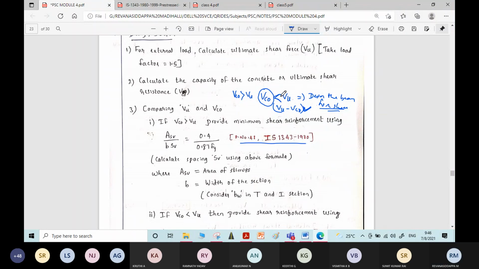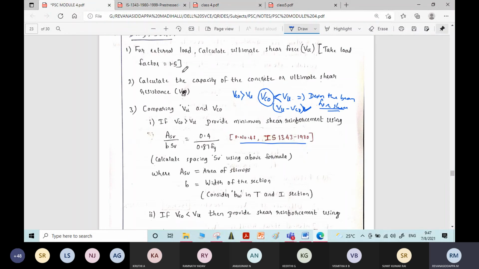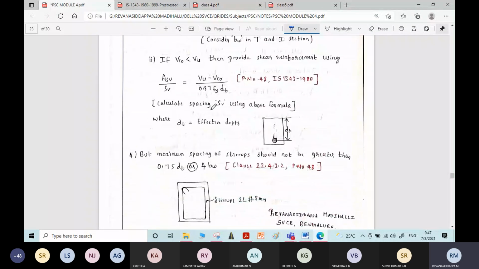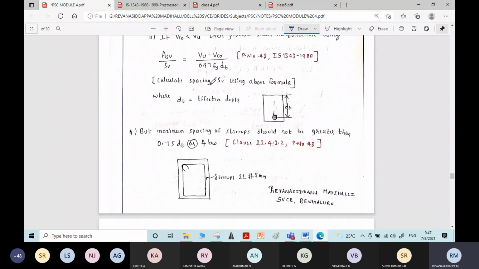this formula to find the spacing of the stirrups. This is the procedure we need to follow for design for shear in a PSC beam. And whatever spacing we have calculated now using this formula,